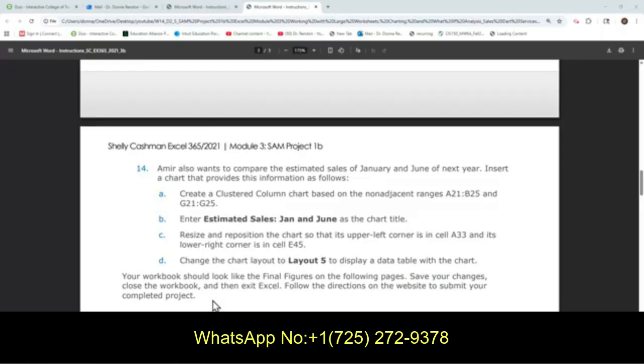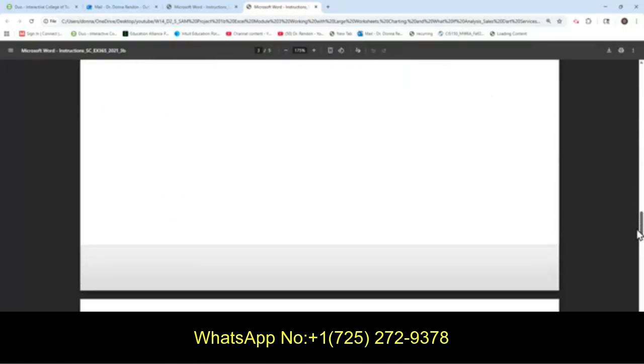Resize and reposition the chart so that its upper left corner is in cell A33 and its lower right corner is in cell E45, and then change the chart layout to Layout 5 to display a data table with the chart. And then let's see the final figure.